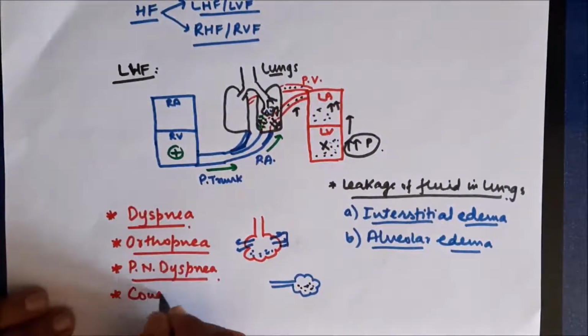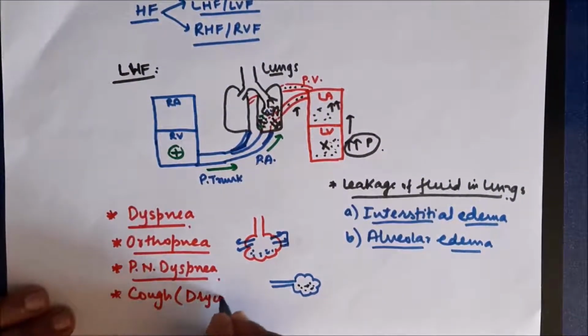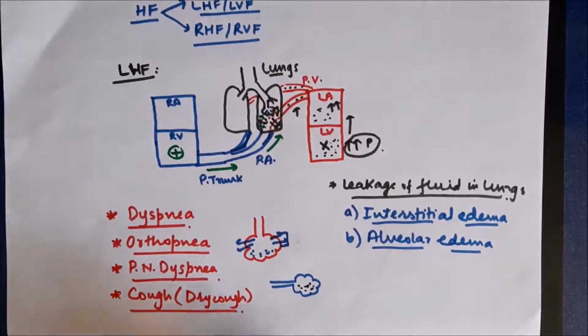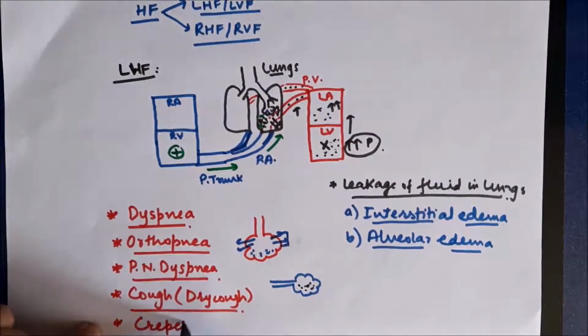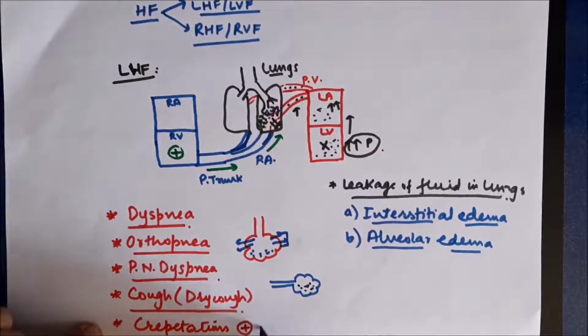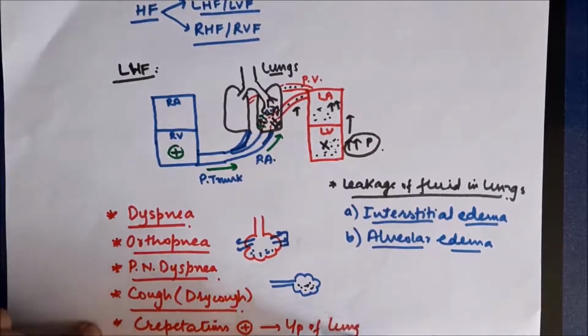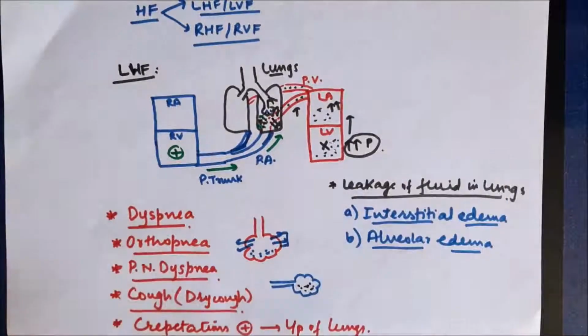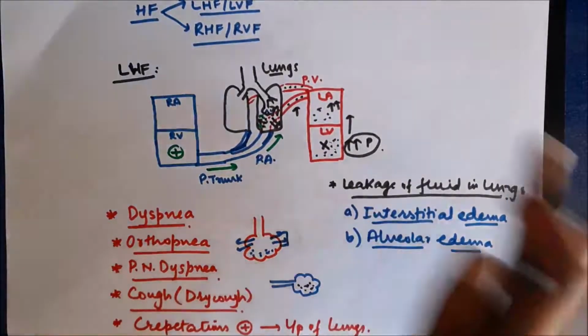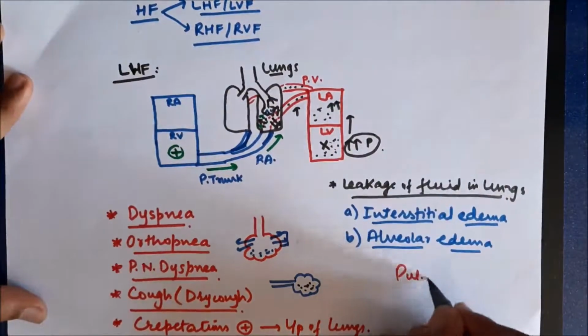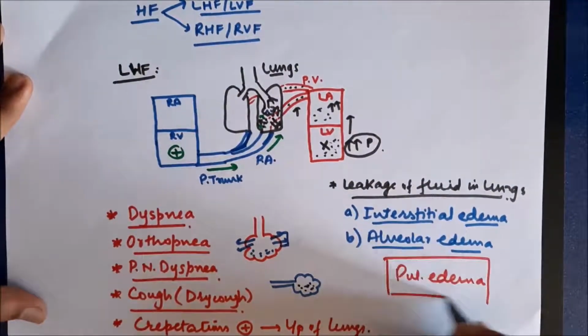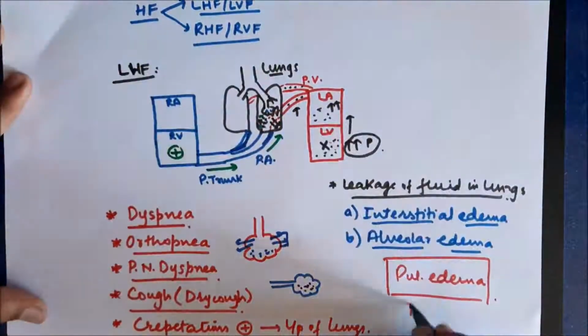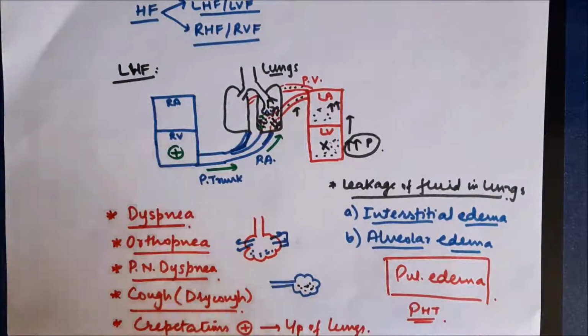So these are the conditions which occur in case of pulmonary edema due to left ventricular failure. Another important thing that can occur, because of inflammation of the mucosa in the respiratory tract, there will be dry cough, and there will also be crepitations heard in the lower part of the lungs due to wet alveoli, because when wet alveoli expand, they expand with a sound known as creps or crepitations. So this is the main problem with left ventricular failure. It results in pulmonary edema and pulmonary hypertension.